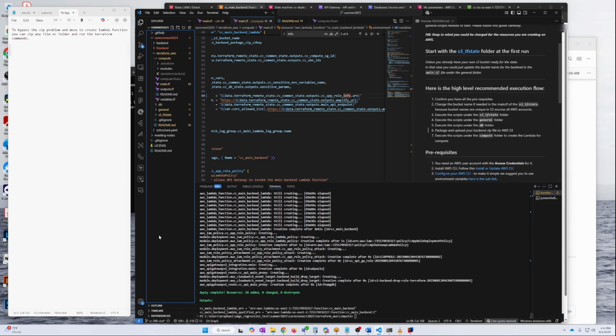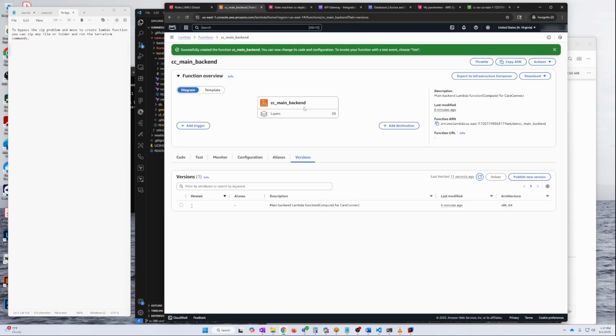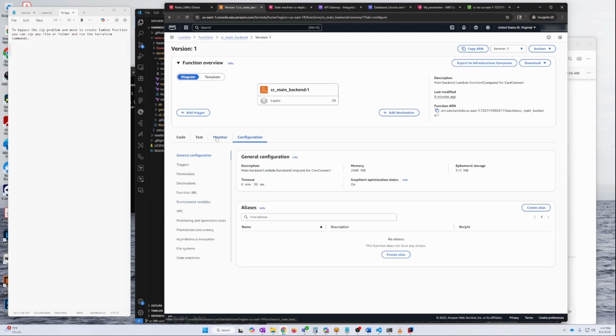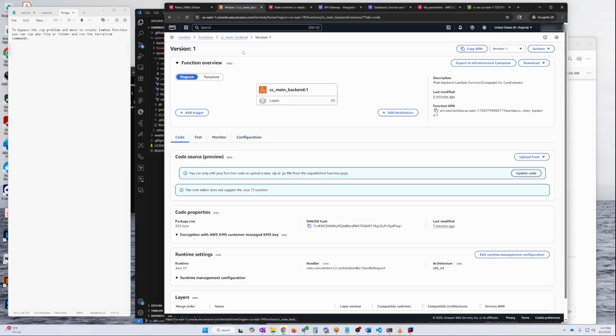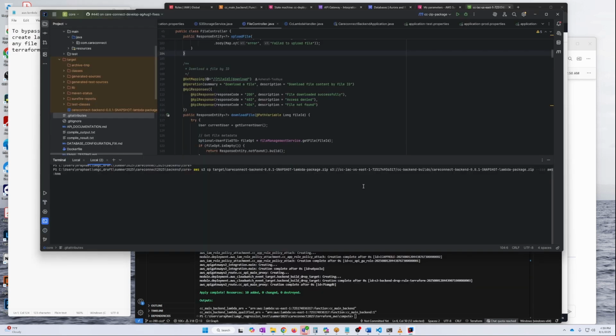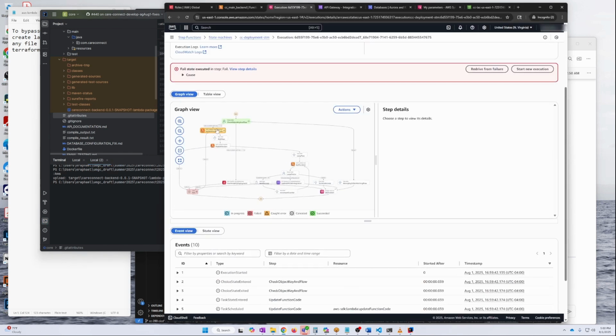Right now, the Lambda was created, the integration is done, and there's a new version of the Lambda, but it's using a dummy package zip. I'm going to use the pipeline, because that implementation also created the CI part of the CI/CD pipeline that we have. Now I'm going to zip a new project and upload it with the command line, and it should be up in S3 now. It's going to spin up